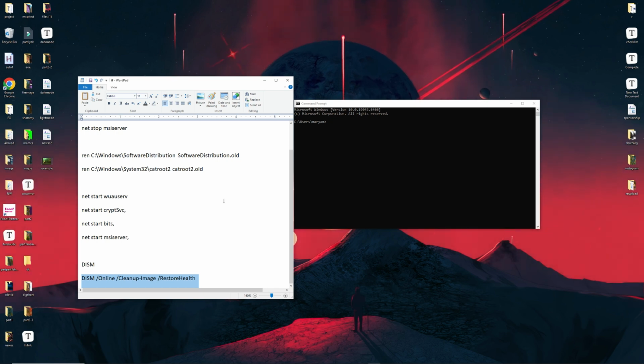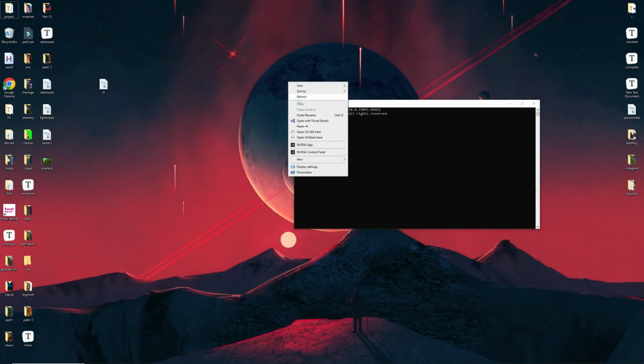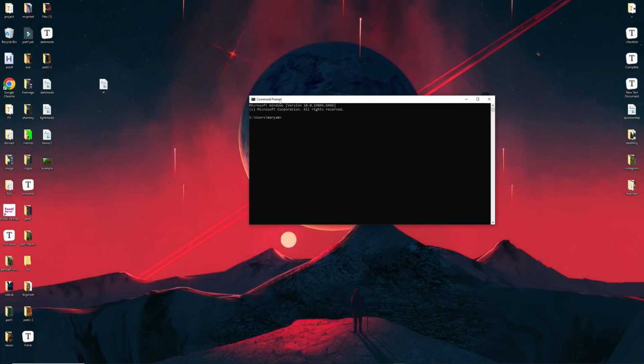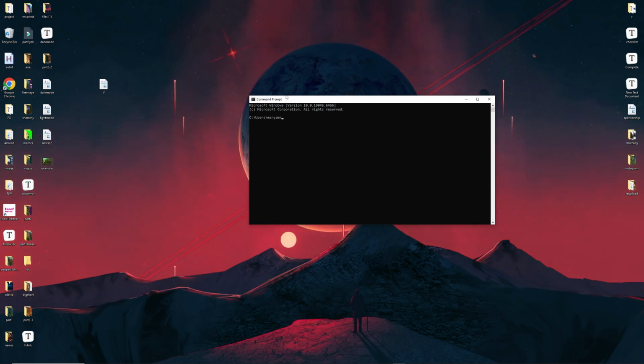Finally, if none of these methods have worked and you're dealing with a specific error code, I highly recommend visiting Microsoft's official support page at support.microsoft.com and searching for your exact error code. Microsoft maintains detailed documentation for most update errors and often provides code-specific instructions that go beyond the general fixes we